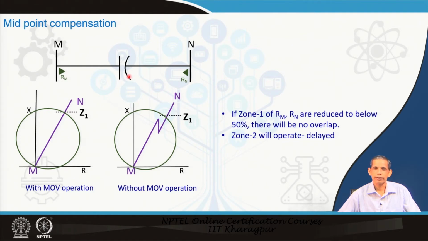That is not acceptable in the protection schemes, because that portion will be left out from the zone 1 setting of the primary protection. So, that will be taken care of in zone 2, because that is the extended one. So, in that case, the overreaching one, zone 2 will be operating at a later time, which is also not desirable.